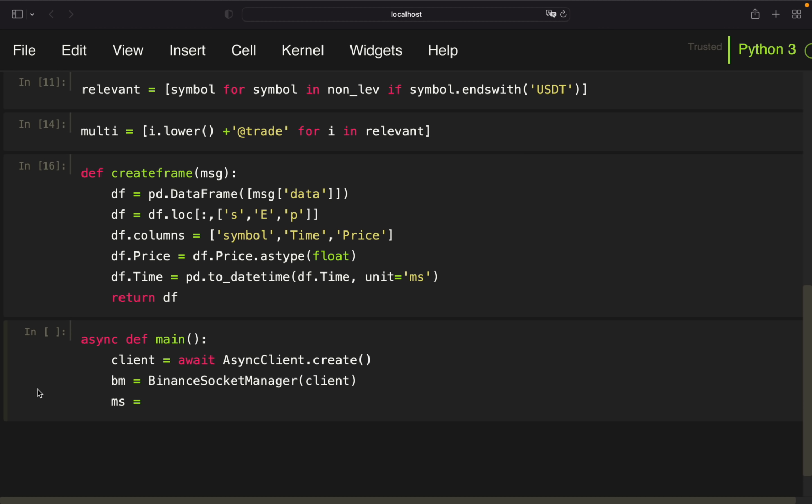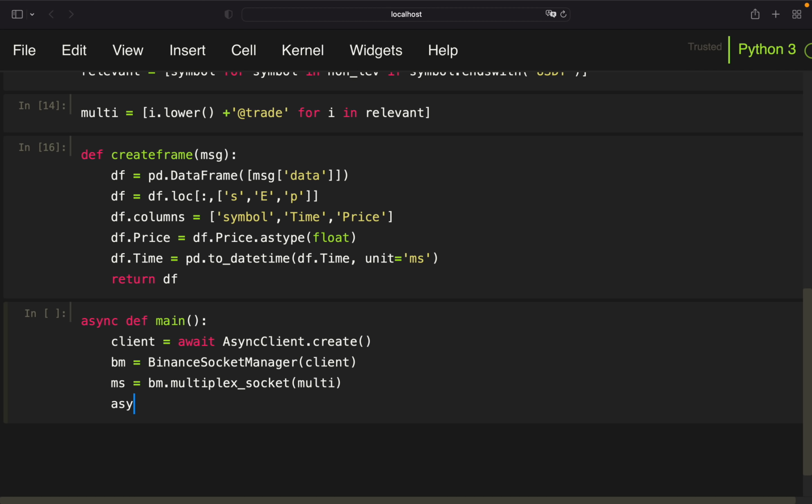So I'm defining the Binance Socket Manager here, and now this is different. I'm using a multiple socket here. Use the Binance Socket Manager, use the multiplex socket, and provide our multi list, which is containing all the stream names here, right? And now I'm using the same as before, async with ms as tscm, while true,